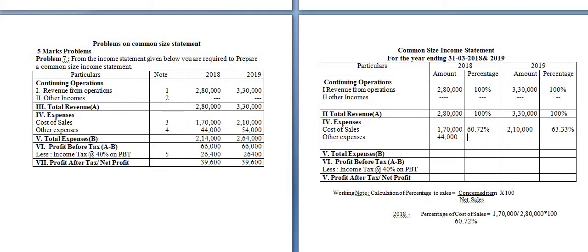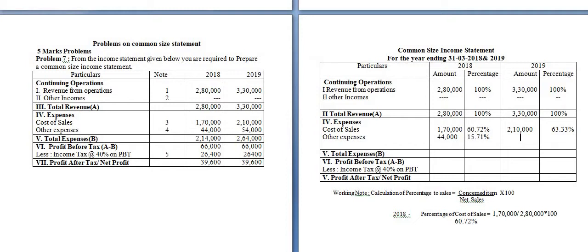What is the amount of net sales here? 2,80,000 into 100. How much? 44,000 divided by 2,80,000 into 100 is equal to 15.71 percentage. Okay. Next one is